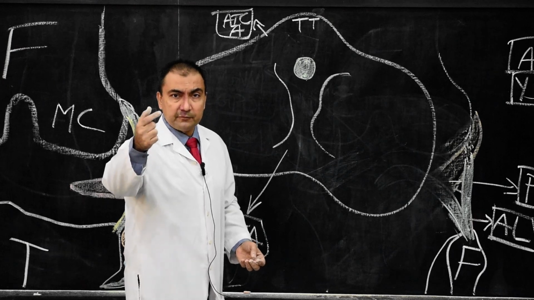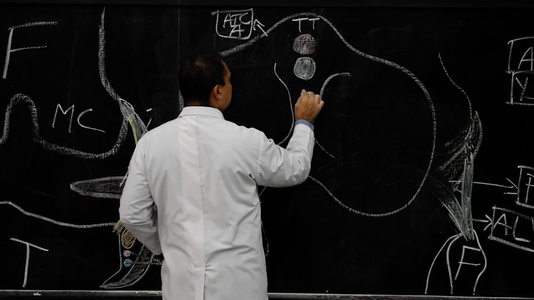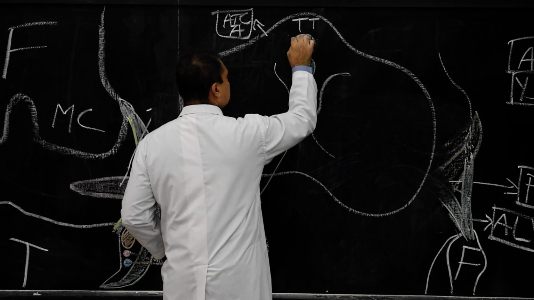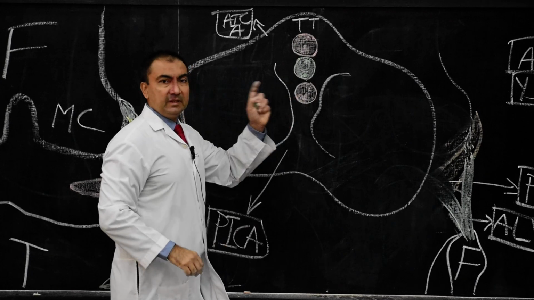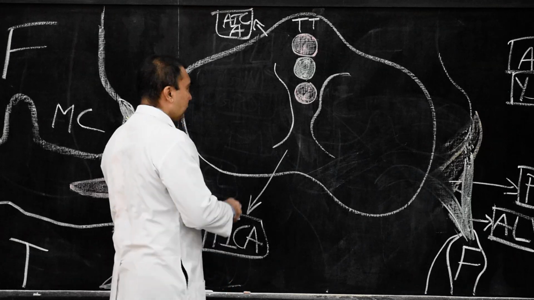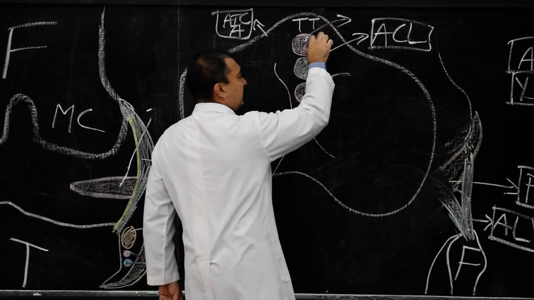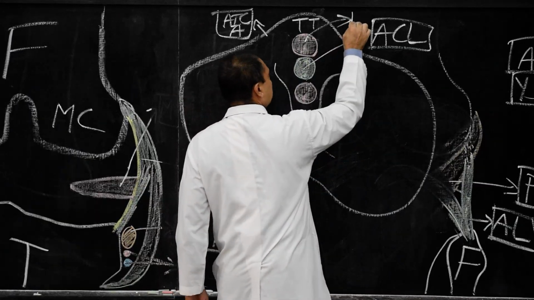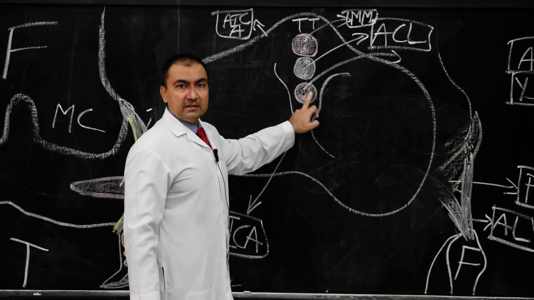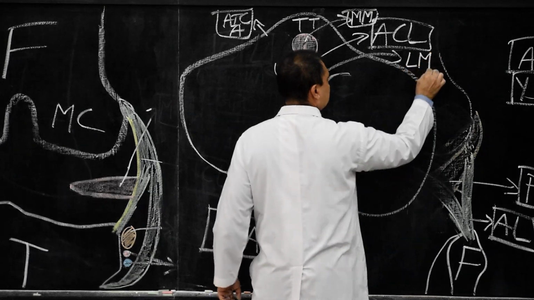That is the anterior horns of medial meniscus and lateral meniscus. So here, this will be the anterior horn of medial meniscus. This will be the anterior horn of lateral meniscus. This is how the cruciate ligament is present in between these two anterior horns of the medial and lateral meniscus. So therefore, here, this will be anterior cruciate ligament. Anterior to it will be the anterior horn of medial meniscus, and the structure present here will be the anterior horn of lateral meniscus.